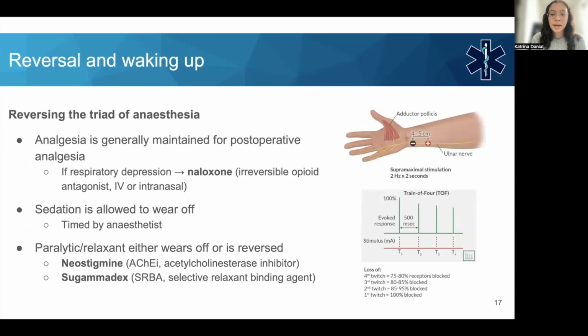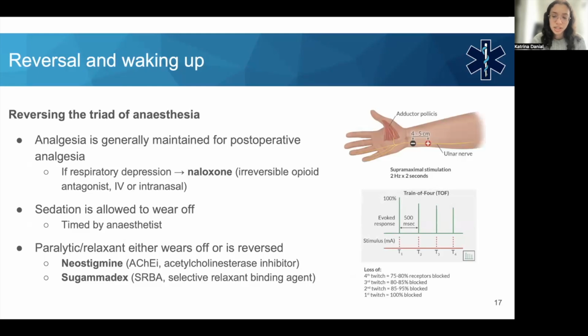Okay. And then in terms of reversing the paralysis that we talked about, if the patient has been paralyzed for the surgery, you have to reverse that, otherwise they'll never breathe on their own. Right? There's two main agents that you'll see being used. There's neostigmine, and there is a newer one that's more expensive, which is called sugammadex. Okay, and so the way that the anaesthetist or the ICU doctor or whoever is doing it can tell that the patient